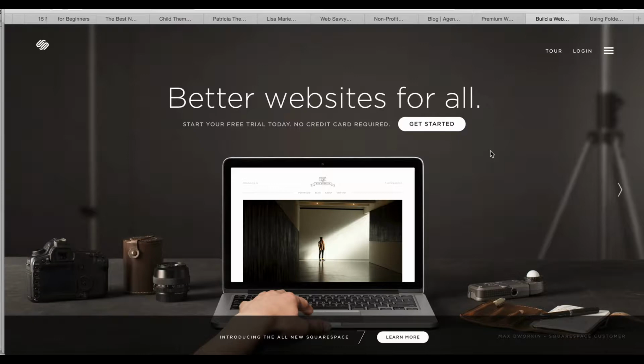Right now Squarespace is created for websites that exist online. So pretty much to make any changes to my website, I have to log on to the internet, have the connection to the internet, log on, and then I can do any changes that I want to my website. So right here I go to login,